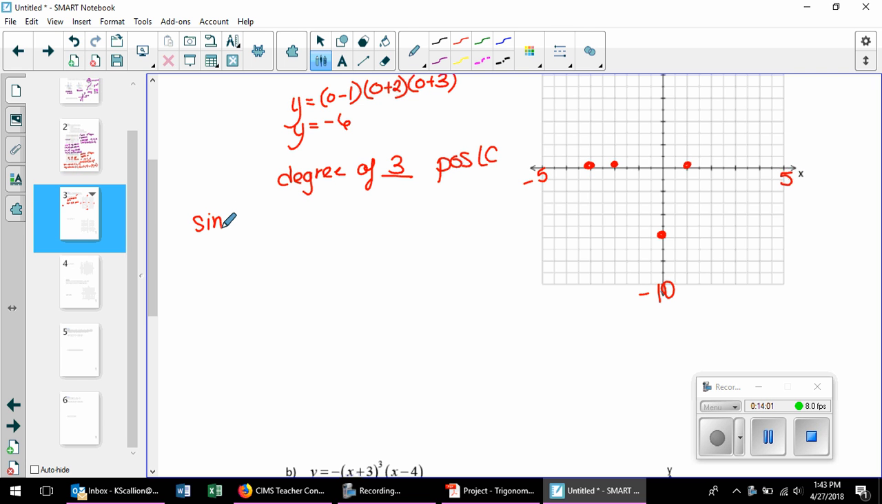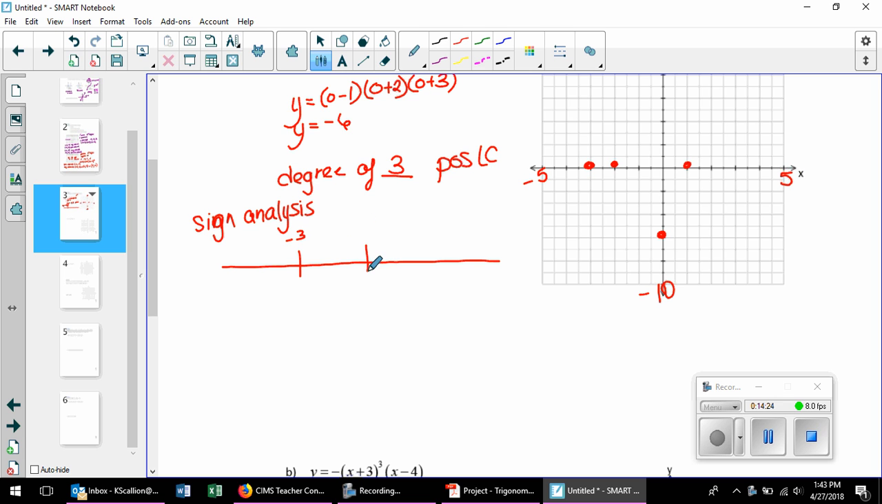Okay, so let's talk about sign analysis. We're big fans of this in the math department. It's one of our favorite things to do. I treat it like a number line. So I'm going to have